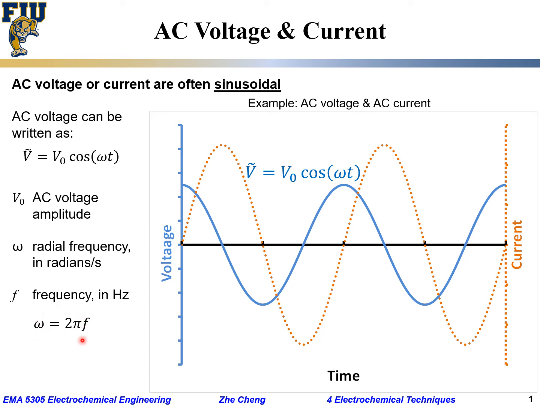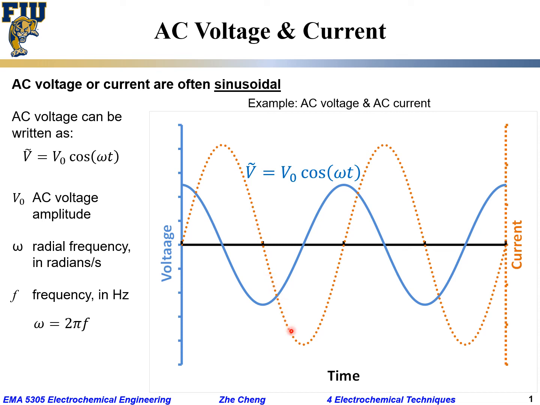Okay, so this is the relationship that we quite often use to describe an AC voltage, V0 cosine omega t. Sometimes, of course, you can use sine, but by convention, we quite often write it as cosine omega t. Okay, at t equals 0, it reaches its maximum, and this is one period, and a second period. And this